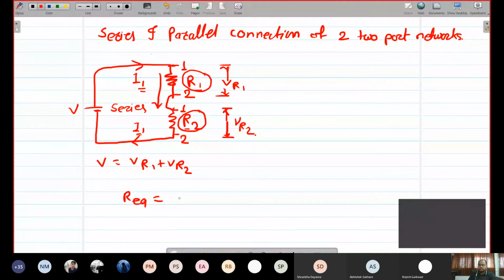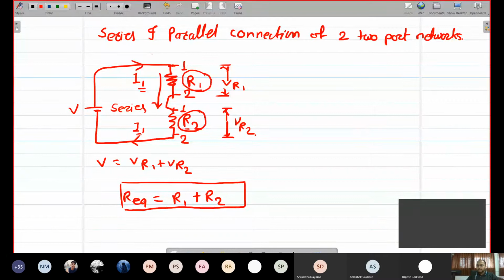Okay, so these are the prerequisites. You know this very well, but still I need to make it clear how we are going to go for the series and parallel connection of two-port networks. Right now we are discussing the connections of two-port networks. We have two-port networks, and such two-port networks we are going to connect in a series and parallel manner. For that purpose, I need to discuss these fundamentals so that I can clear out the fundamentals of connecting different two-port networks.